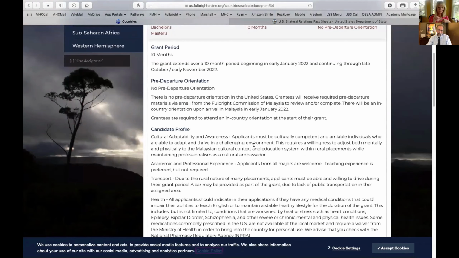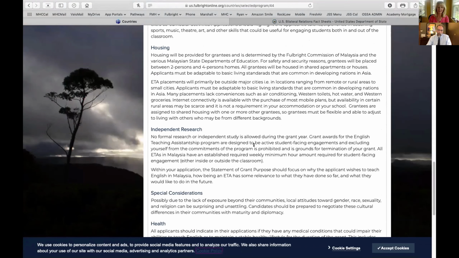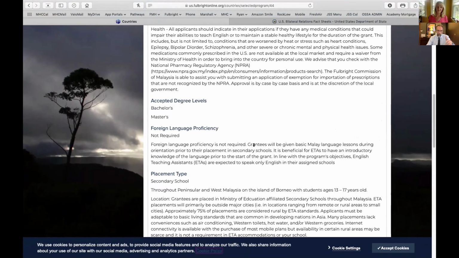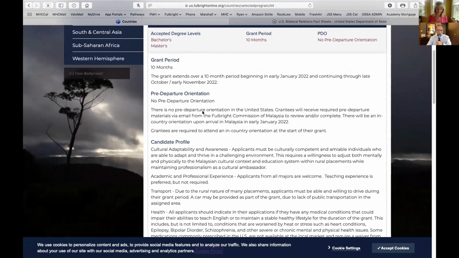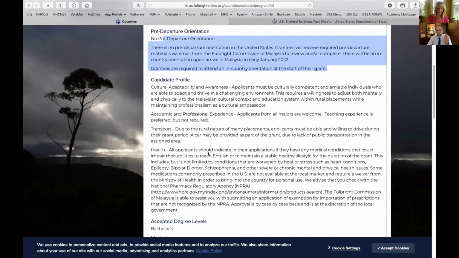But one of the things about Malaysia's award summary page is that it's kind of long. There's a lot here. There's a lot to read. And pretty soon, if you read a number of different countries, you'll get a sense that they're going to offer the same things. They're going to tell you how long the grant period is. They're going to give you some information on whether there's a pre-departure orientation. Do I come to DC and do a Fulbright workshop before I go, or do I get in country and do a workshop there, et cetera. Candidate profile, what they're looking for, et cetera.